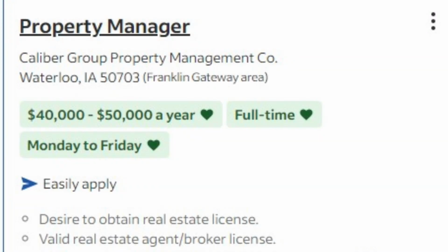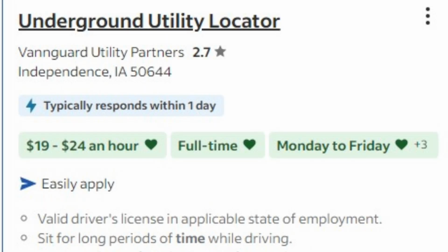The first one is property manager at Caliber Group Property Management, and the pay range for this job is $40,000 to $50,000. If you have any management experience, especially with properties, multifamily, you should check this one out. The second job is underground utility locator with Vanguard Utility Partners. And this job has a starting salary of